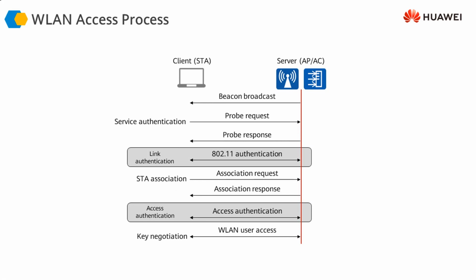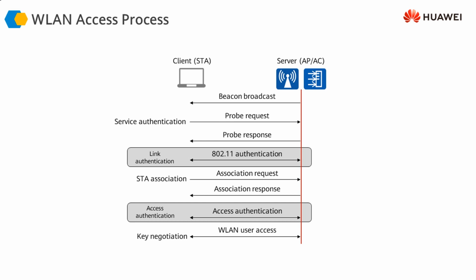This slide explains how a user gets connected to our infrastructure. If this is a client station, a laptop with a wireless LAN card, it is either going to detect the access point's beacons. The server can either be an access point or an access controller. The access points are generally broadcasting their beacons so that anybody around them can see what access points and what SSIDs are available, or the client can send probe requests.